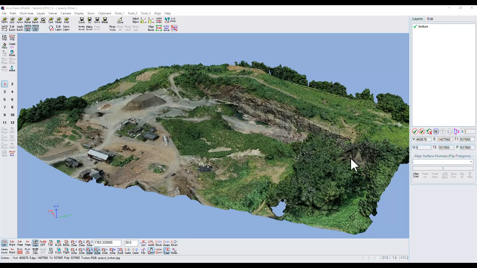Hello, this tutorial will show how to fill holes in bushes in a terrain model. The model was created by photometric software from images taken by a drone flying over a quarry. Here are some bushes with a big hole in it. Now I'll show you how to fill the hole, but I'll only put in a few triangles, and we'll have